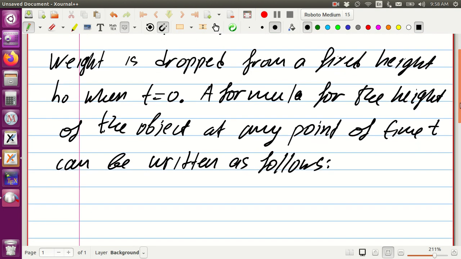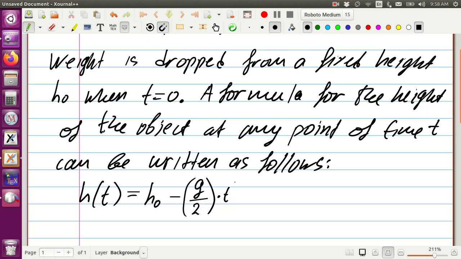So how can we write the height? Height, which depends on time, so it's a function of time, is equal to h sub 0 minus g divided by 2 times t squared,